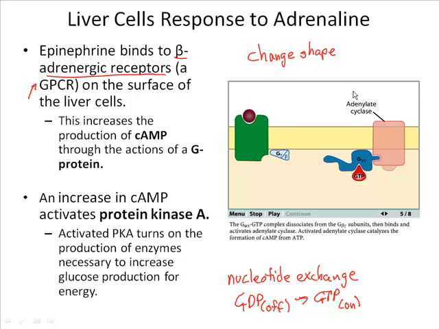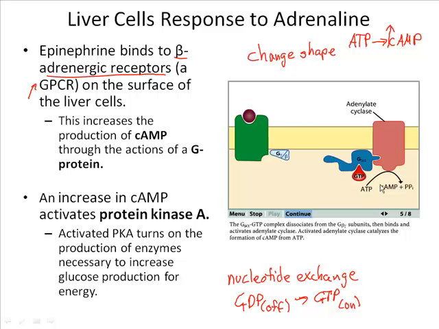Now, what is the function of this enzyme, adenylyl cyclase? That's right, adenylyl cyclase catalyzes the chemical reaction of converting ATP to cyclic AMP. So what happens now is adenylyl cyclase is going to be turned on upon binding to the G protein. You can see here through these series of events, we're going to have an increase in cyclic AMP levels in the cytosol.